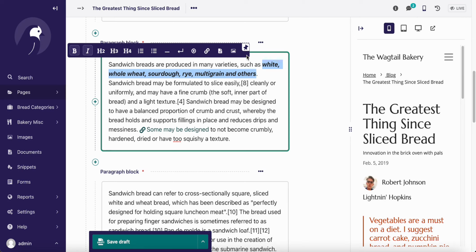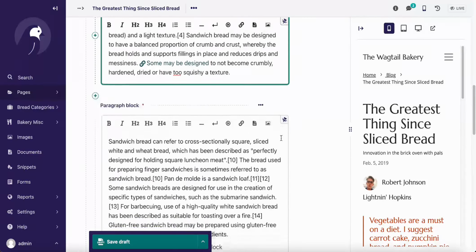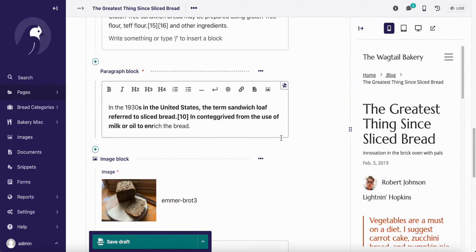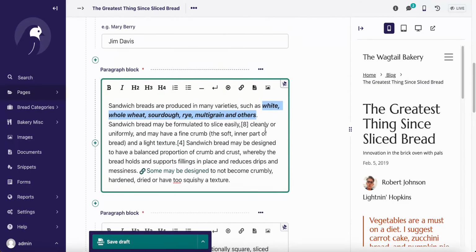And now we have this little pin button here that you can use to pin the toolbar to your block. And not only does it pin the toolbar to this block, but it pins it to all the other blocks on the rest of the page where you have text. And so that makes it super handy for those who like to keep their toolbar in one spot while they